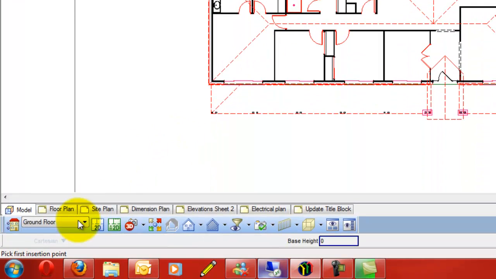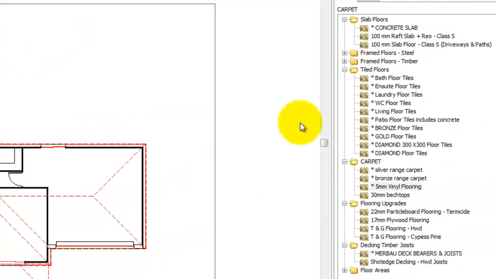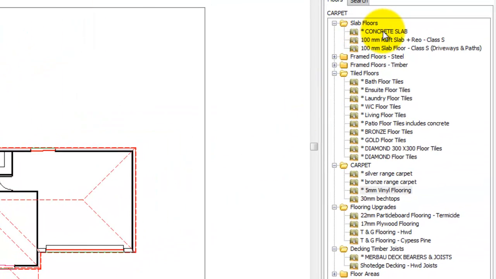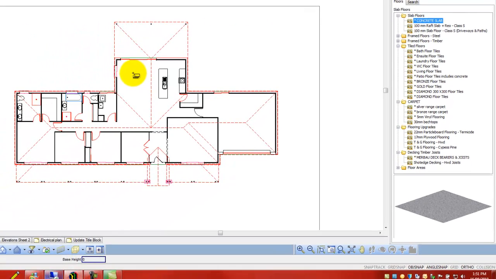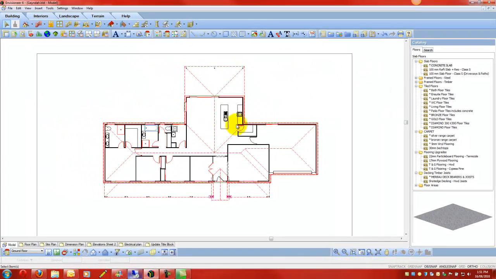Okay, we're going to make sure we're on the ground floor location, and we're going to go across here to concrete slab. This is very important. This goes in on floor by perimeter. So you just hover over the job, and one click of the mouse button puts the floors in. Then